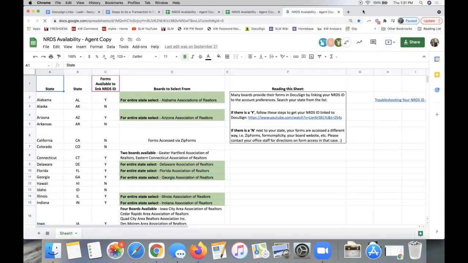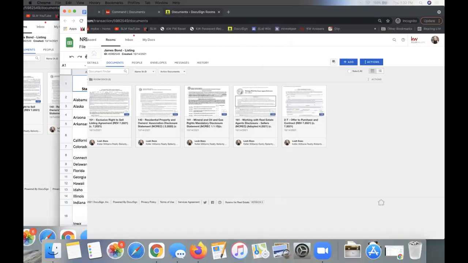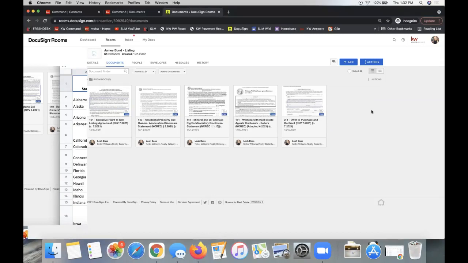So pull that up, find the state you're a part of, and I'll show you how to enter that in. If it says an N for no, your forms are accessed a slightly different way. Like California agents, your forms are accessed through ZipForms. If you have questions on your state specifically, feel free to shoot us an email. If you have any trouble with your forms, that's what I'm here for. I specialize in all the DocuSign stuff. So if you ever have an issue with your form, shoot me an email,